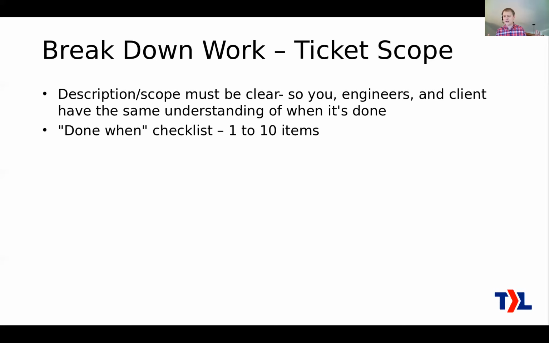Okay, so what we ended up doing is, we found ourselves kind of talking in a team, in a meeting, saying, okay, when is it done? And then again, is it really done? Someone might ask, hey, is this ticket done? And then the engineer responds, well, yeah, it's done, except for this one thing, right? So that's something you want to avoid. So we started talking in terms like, when is this done? And then we just explicitly said it. It's done when, and then we make a checklist of items. It could be as little as one item if it's a small ticket, probably not more than 10 items. Okay, but the point is, if it's a checklist, very explicit, that helps keep everybody on the same page about that.